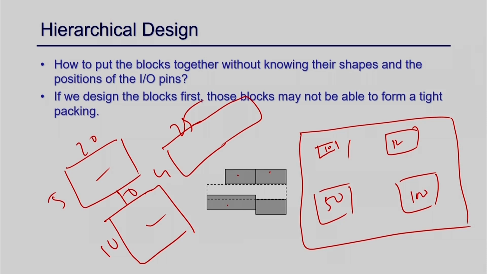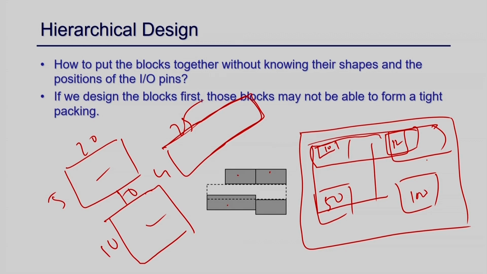Because if you take this kind of rectangular one, it will cover this portion of the area, and then you are probably not able to fit another component here. Instead, if you take this 10 cross 10 and place it this way, probably another component can be placed here. If you do not place anything, this portion will remain vacant, and that is called dead space. You try to reduce those dead spaces.